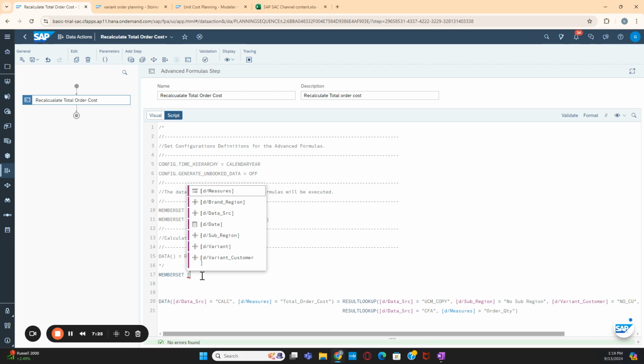If you type square bracket, it will show you the dimension names. Here I am taking d region. Where is the brand region? D brand region equal to,